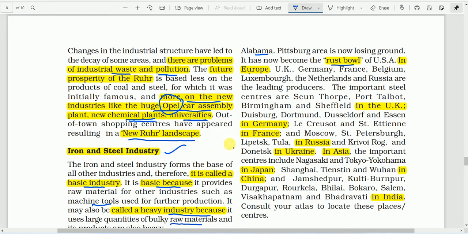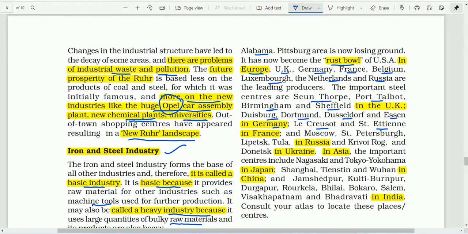And in Europe, United Kingdom, Germany, France, Belgium, Luxembourg, Netherlands, and Russia are the leading producers of iron and steel. The important steel centers are Scunthorpe, then Port Talbot, Birmingham, Sheffield in the United Kingdom, Duisburg, Dortmund, Düsseldorf, Essen in Germany, La Creusot, Saint